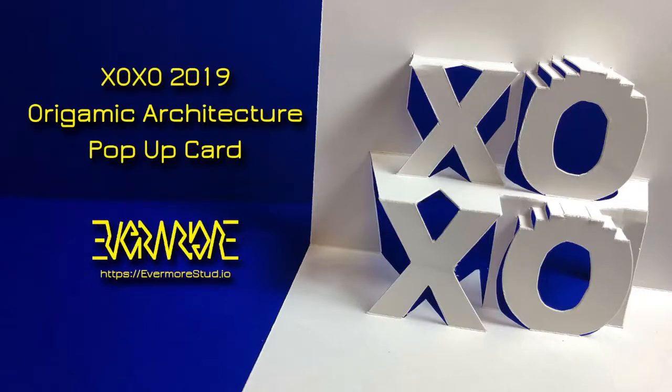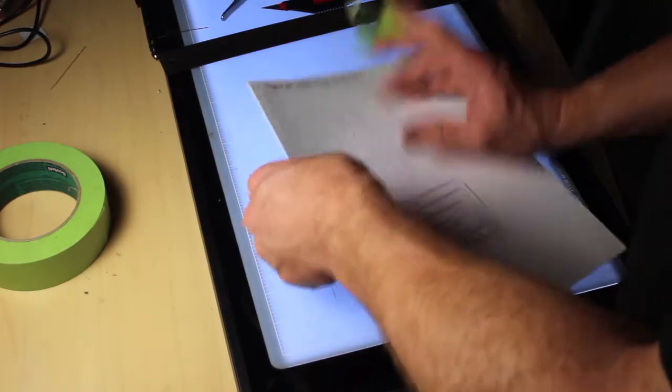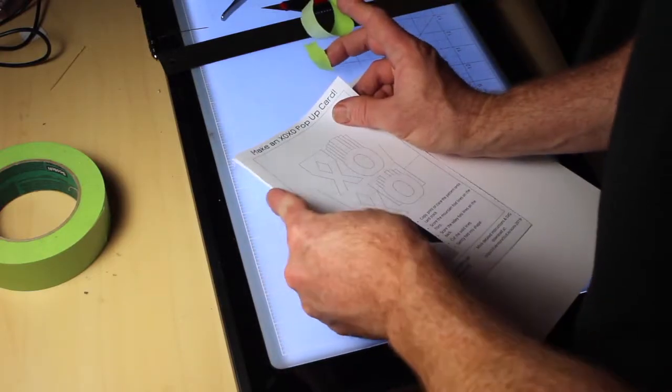Greetings, Andrew with Evermore Studio, and today we are going old school and making this XOXO origamic architecture style pop-up card by hand. One good way to end up with a clean card is to print the pattern on a